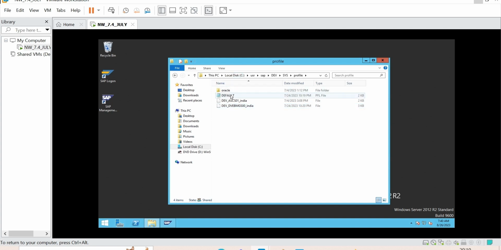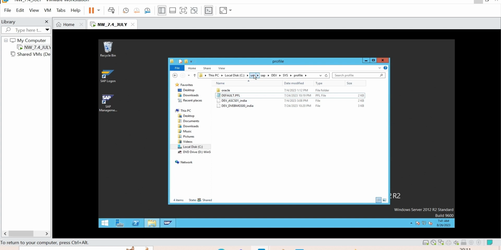See, one is the default profile. The second one is called the instance profile. I have two instance profiles and one default profile. What exactly is this profile? In the same way, this is the SAP system's home directory, the USR directory.